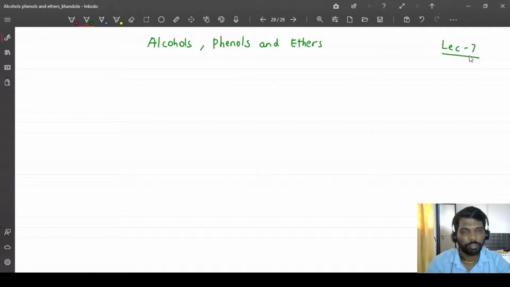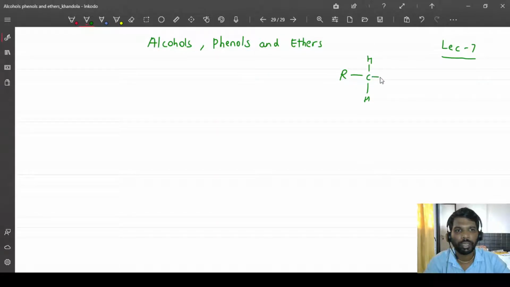In the last lecture, we learnt about the preparation of alcohol by the reduction method, that is, reduction of the aldehyde. And I had asked you about the homework: what is the degree of the alcohol? The alcohol we were getting is of this kind: H, H and OH. These were the alcohols which we were getting.